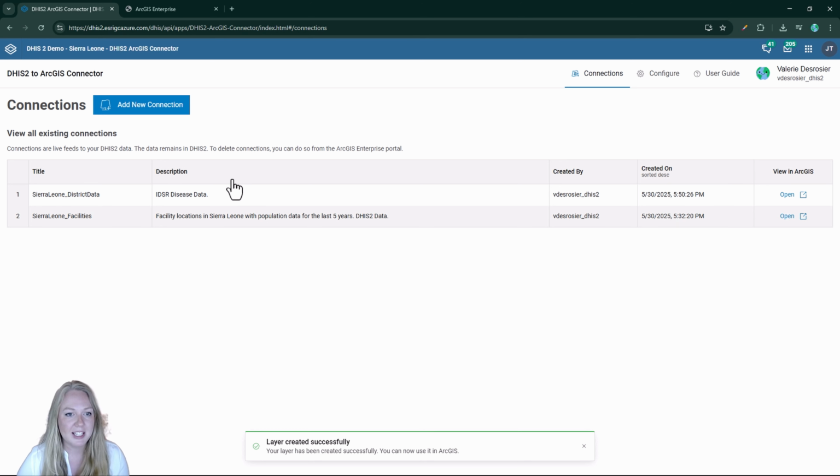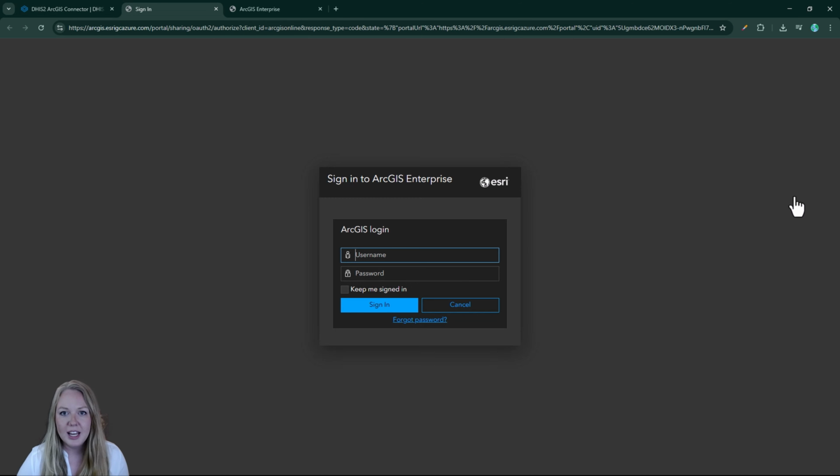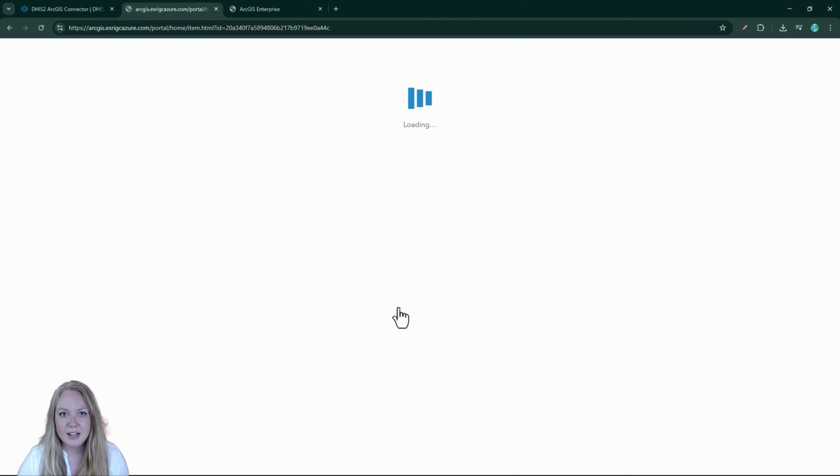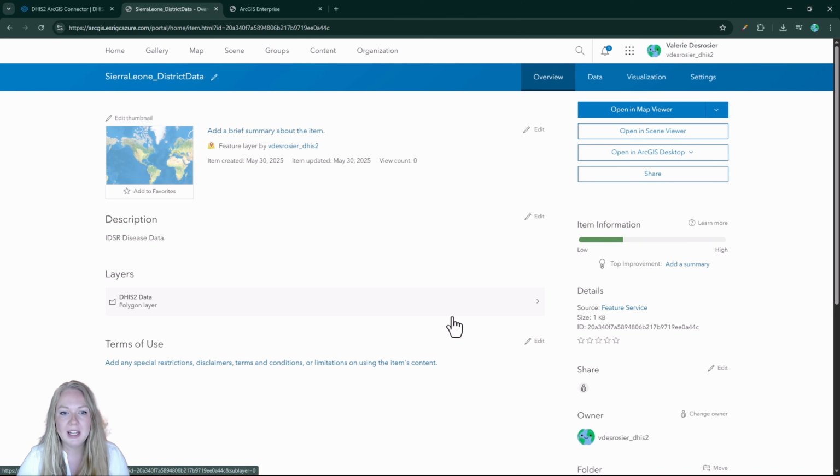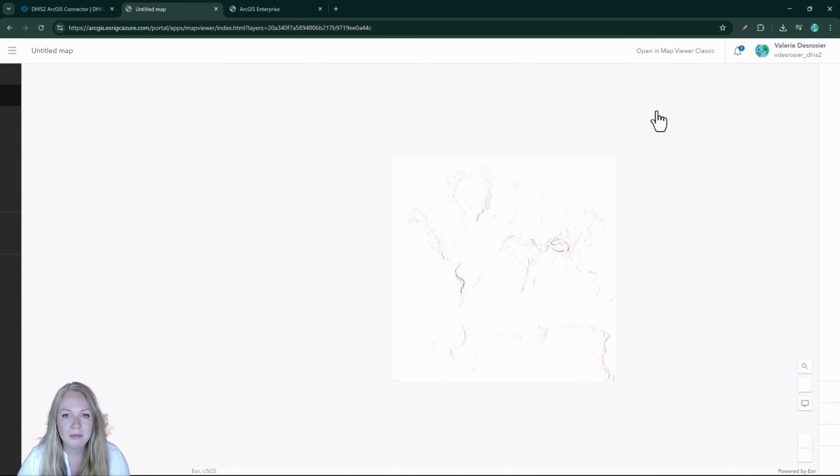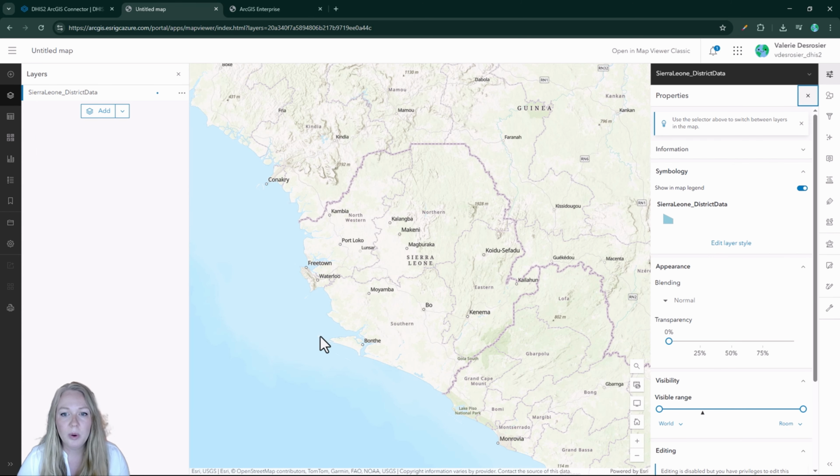Now, back in my DHIS2 app window, I can go ahead and decide to open that data in my ArcGIS. Here, it's going to prompt me to log in again. I'm going to go ahead and stay signed in, and it'll allow me to view my data directly in the ArcGIS system. Then I can go ahead and open this directly in a map viewer, explore the data that I've